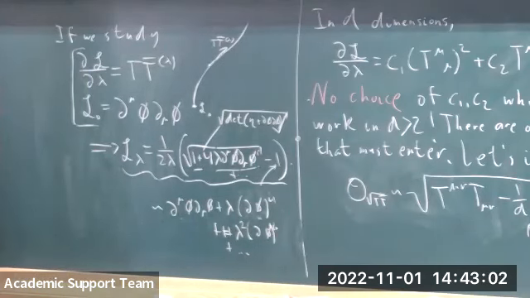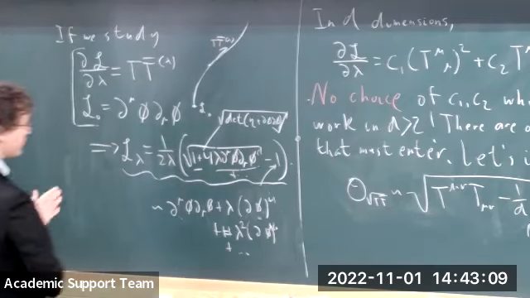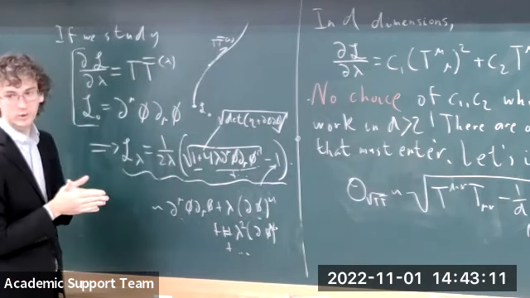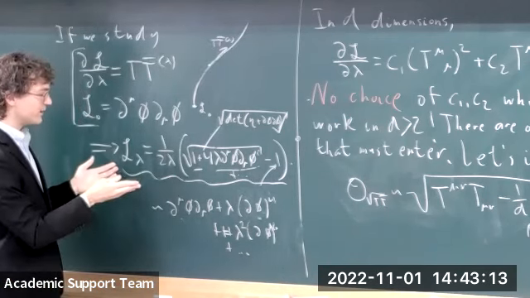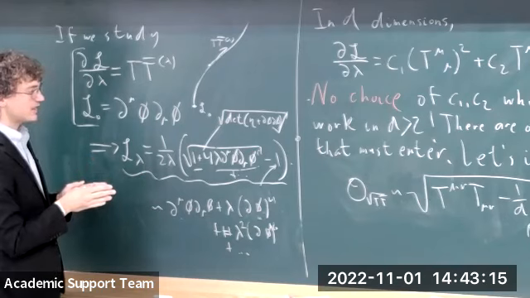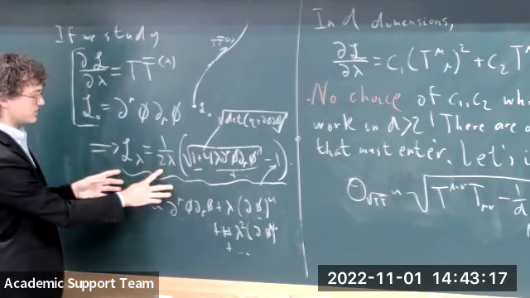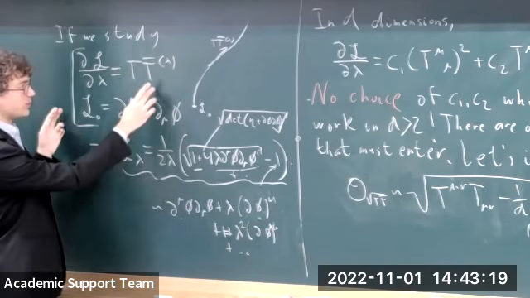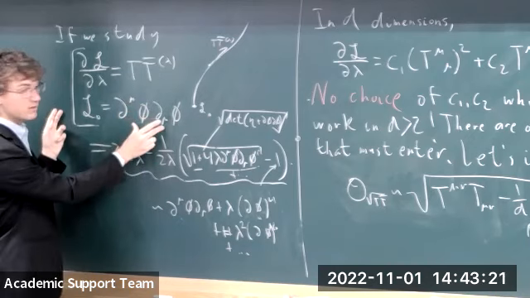I could replace the string action by a TT-bar flowed ordinary QFT. That's right. Yeah, that's the claim. If you didn't know the Nambu-Goto action for a two-dimensional worldsheet theory, you could say, I will define that action as the unique solution to the TT-bar flow in 2 dimensions, with the seed theory being a free scalar.